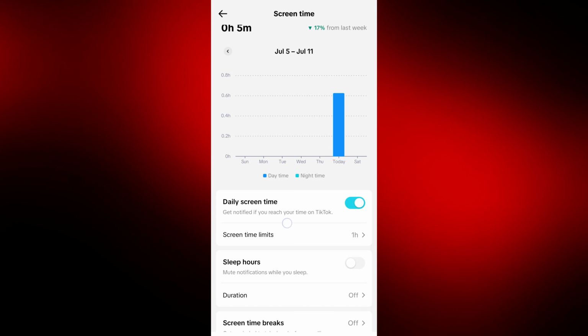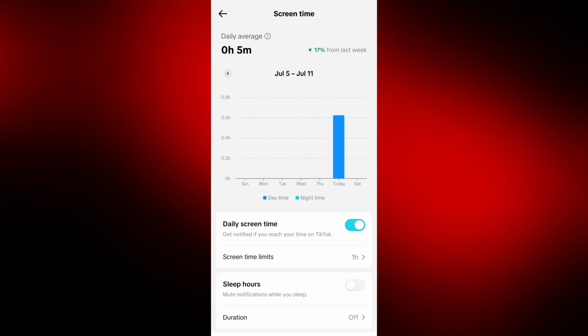Do you want to set a daily screen time limit on TikTok? You can instantly configure your app settings to lock your feed after a certain amount of time, helping you manage